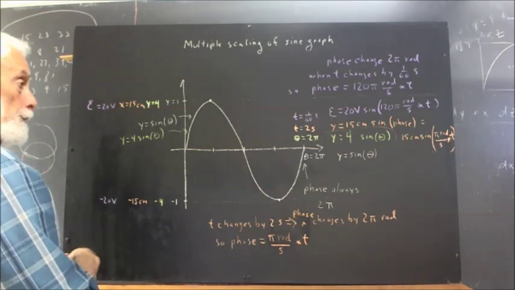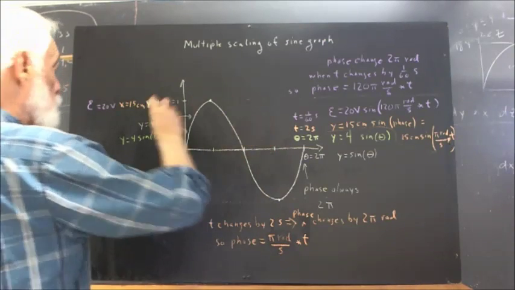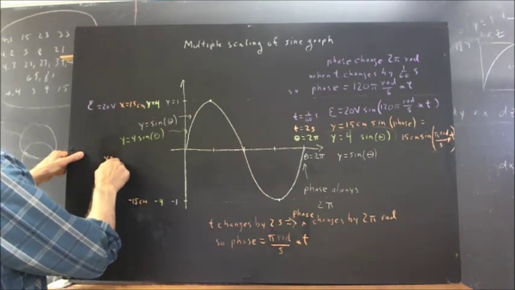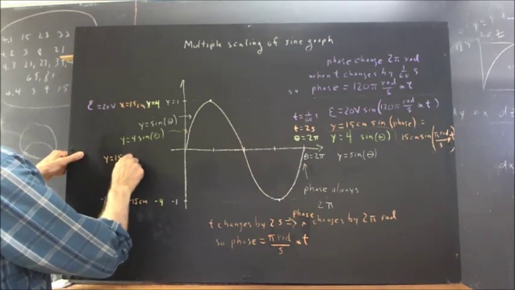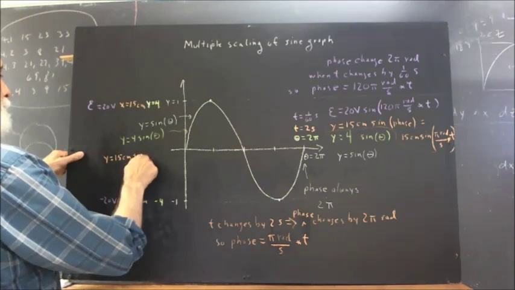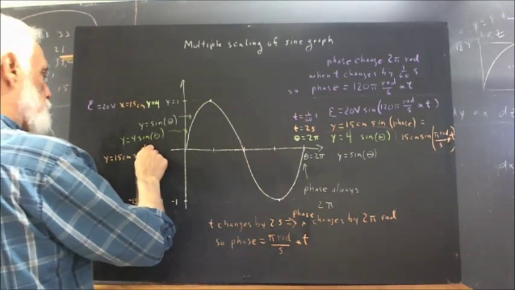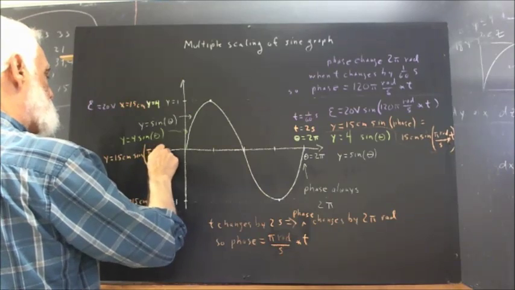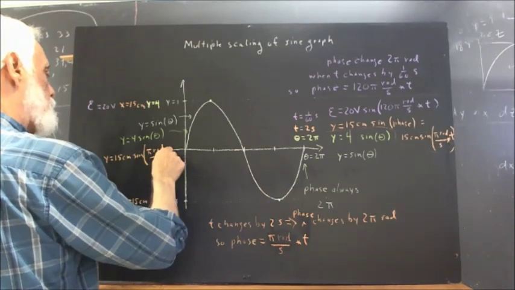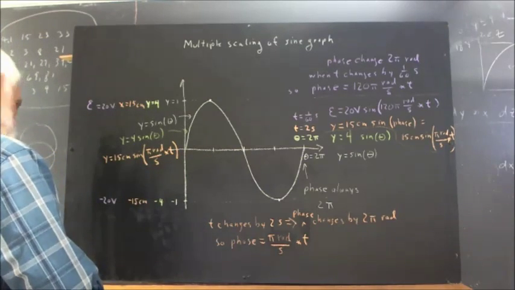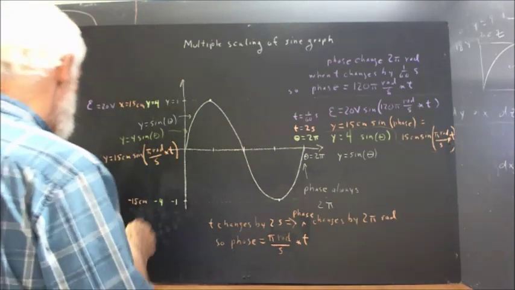Okay, if we use the orange labeling, then y equals 15 centimeters times the sine of pi radians per second times t, and the purple labeling would give us,